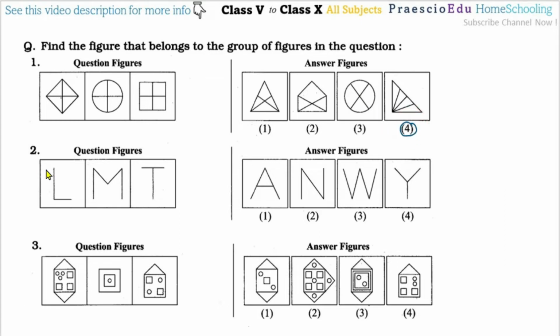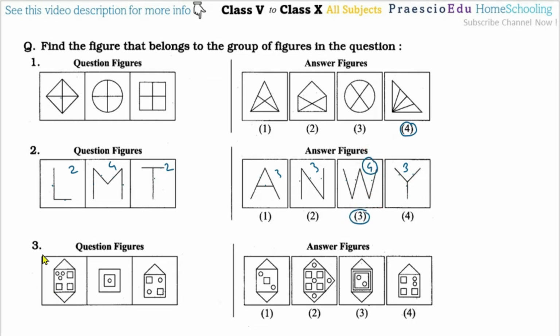Then question number 2, these are made by 2 lines. Here there are 1 2 3 4, so 4 lines, and these are 2 lines, which means the number of lines is an even number. Here 1 2 and 3, here 1 2 and 3, here 1 2 3 4, and here 1 2 3. So even number means only the 4, so option number 3 is the correct one.